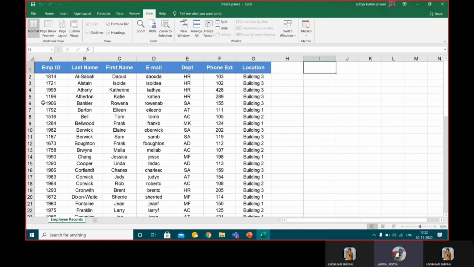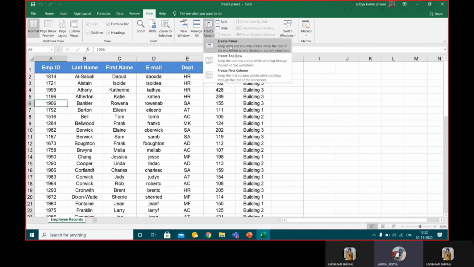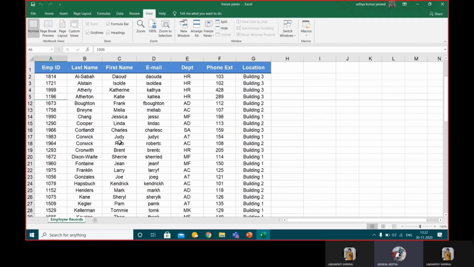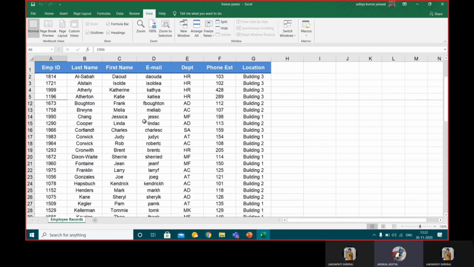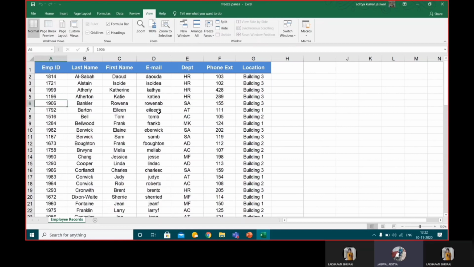Now one more thing I would like to show you. If I want to freeze, for example, this fifth row, I would select just one row down, the sixth one. I would go to freeze panes, press freeze panes, and we could see over here that till the fifth row it's frozen. Similarly you can do all other activities in any part; anywhere you can use the freeze pane, so that you can easily feed the values.